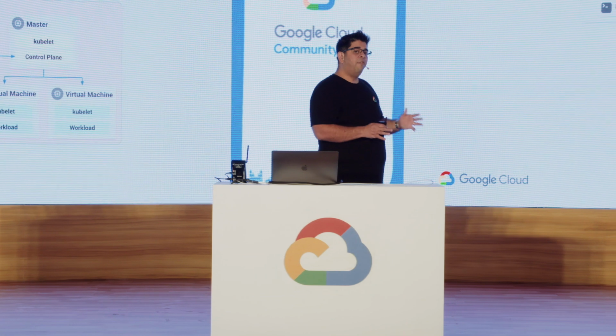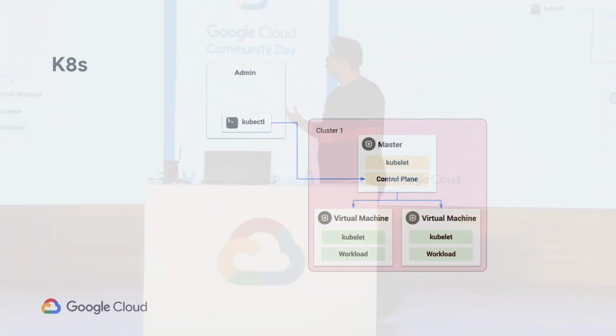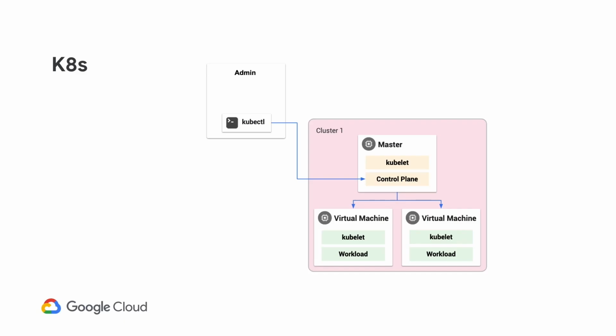So I want to show you the difference between Kubernetes, GKE, and GKE on-prem. If you've ever used Kubernetes, you'll be familiar with this kubectl command. That's how you administer your clusters. You create clusters and so on. Kubectl actually communicates with the master there, which basically tells it, hey, go and deploy these containers, and this is what kind of scaling I want you to have, and so on. It's pretty simple. So kubectl talks to the master with a set of APIs.